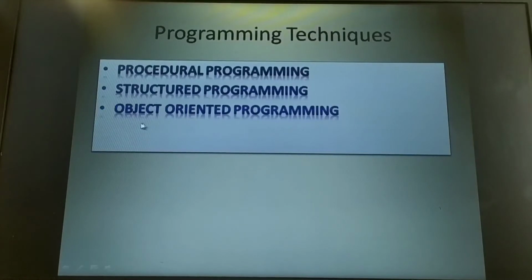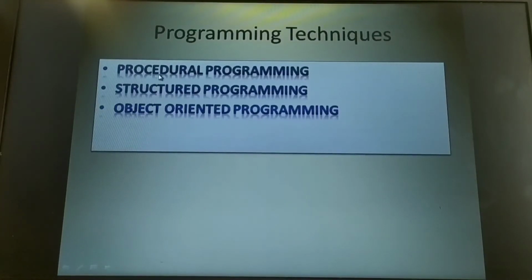We will see what was the need for having object-oriented programming when we had procedural and structured programming. So we'll have a glimpse of how procedural programming and structured programming were. Procedural programming was one of the simplest forms of programming technique, that had only one main function within which procedures were being written in order to complete the task. It mainly focused on the algorithms or on the procedure rather than the data. So this procedural programming was very well suited for simple programs, but it couldn't solve complex programs efficiently.